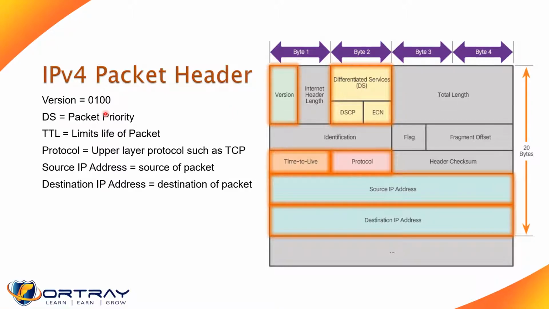Like when you go to post a letter, you might end up in a big queue, and if you don't know how urgent or how important your packet is... So if you want to prioritize anything, you can use the DS field, which prioritizes the packet to deliver it before anything else. For example, a voice packet can be delivered first if you set the DS bit on. So a voice packet can be delivered before the data packet because voice cannot tolerate any delay.